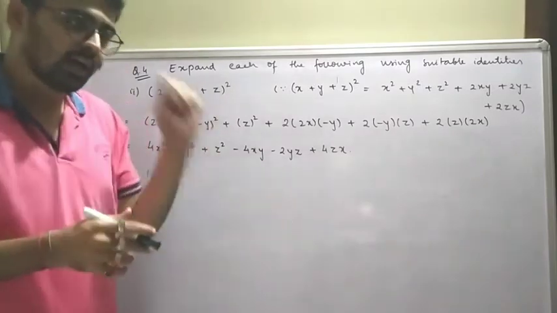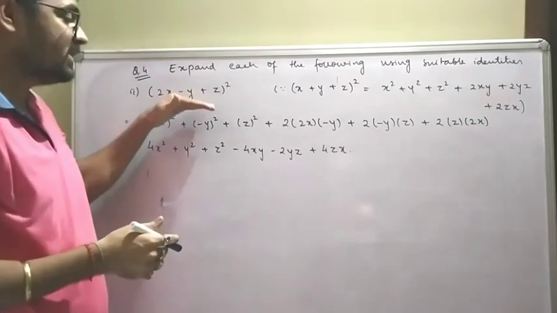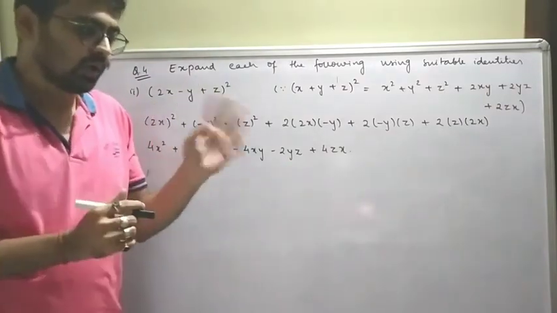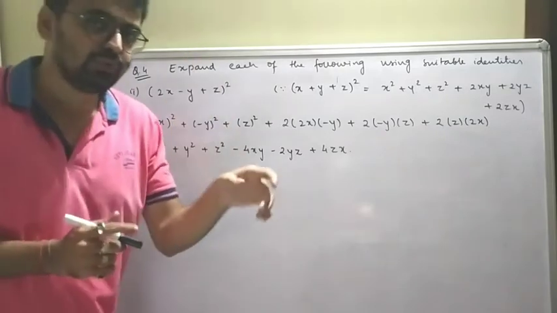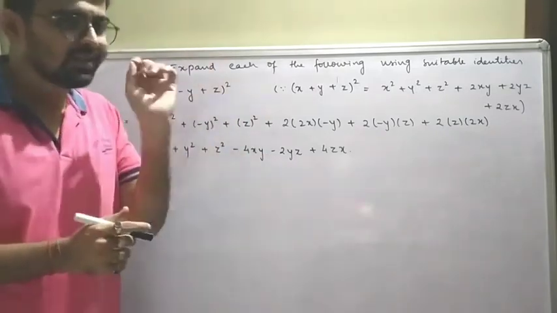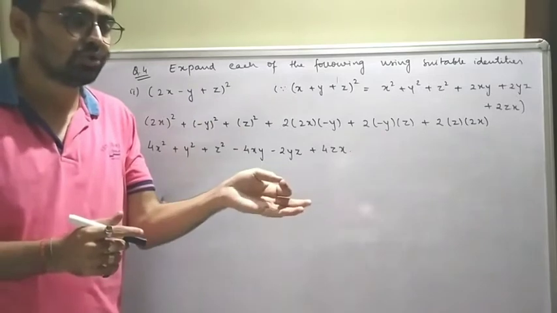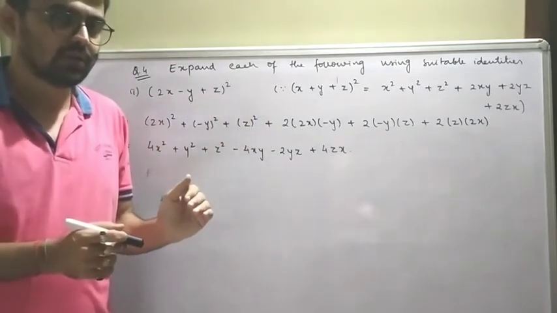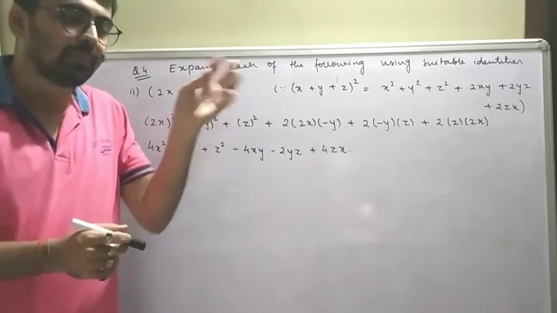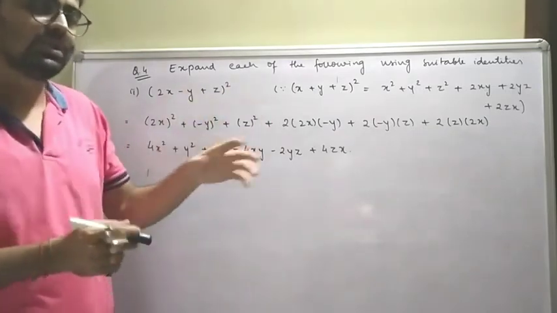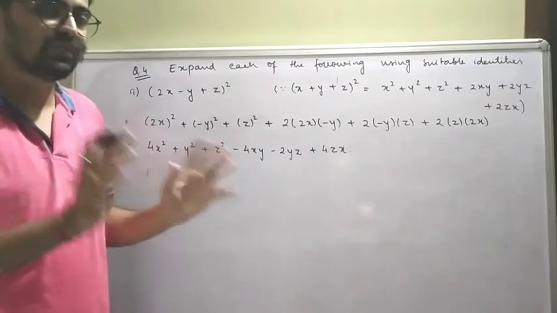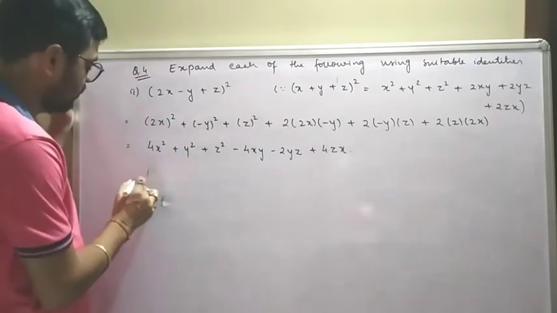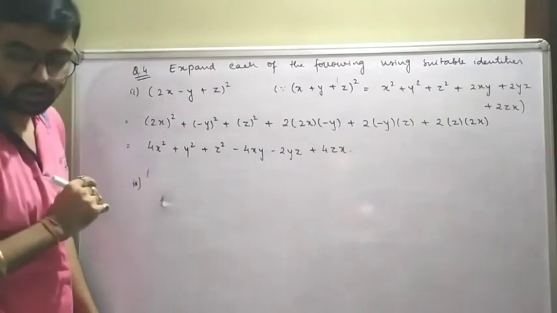Very easy. Again I am going to tell you the same thing. We did this kind of examples, that's why I am going a little bit quick. Let me tell you one more thing: if you feel like I am going very fast, there is an option in your YouTube that you can lower the speed as well. Correct? You can reduce the speed and then watch it so that you can easily and peacefully listen to me. Correct? Simple. So let me show you one more problem in this particular case.